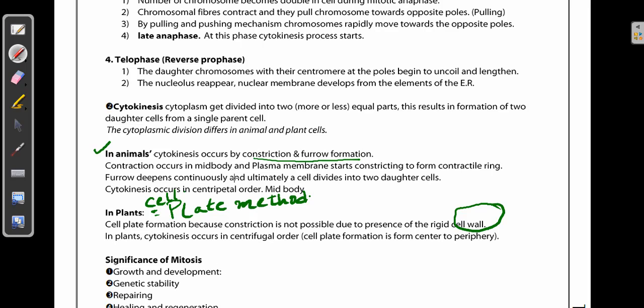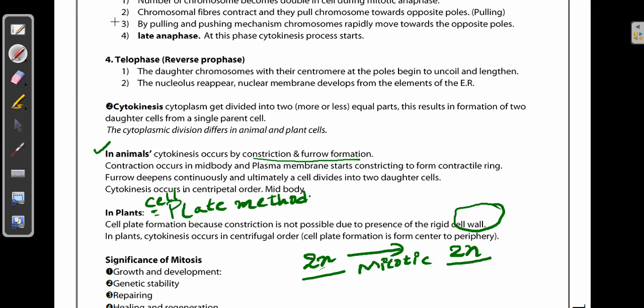And when you look at the significance of mitosis, it is almost the repeated part. You can see in the beginning the growth and development, the genetic stability, repairing, healing, and regeneration. Almost every part of your body is produced because of mitosis. And remember, if there is a 2n condition of a cell, when it undergoes the mitotic division, it's going to produce an exact copy of the chromosomes. It doesn't go for producing any other set of chromosomes. So this is a major significance of mitosis.